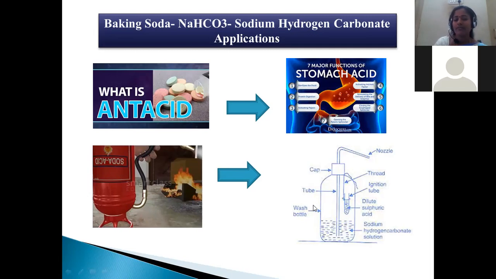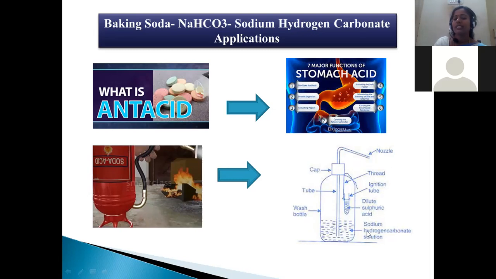Here is the complete description of this fire extinguisher. What are the components present in this? Here is the nozzle which is used to give out the gas released during the reaction, right? Carbon dioxide gas will be released from this outlet, which is used to retard the flame. Here is the cap which is used to cover all the ingredients present within the container, and here is the tube which is dipped into the mixture of sodium hydrogen carbonate solution and dilute sulfuric acid, right? In this container we have the dilute sulfuric acid and sodium hydrogen carbonate mixture, so that carbon dioxide gas will be liberated from this nozzle, right?